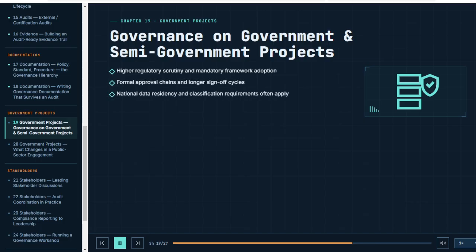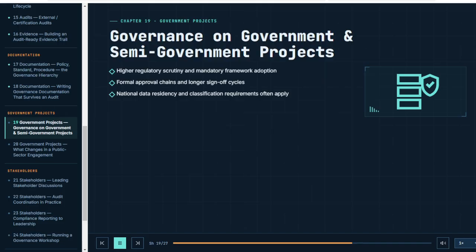Government and semi-government projects raise the bar. Regulatory scrutiny is higher, framework adoption like NCA is often mandatory, and approval chains and sign-off cycles run longer and more formally than in the private sector. In summary, higher regulatory scrutiny and mandatory framework adoption, formal approval chains and longer sign-off cycles, national data residency and